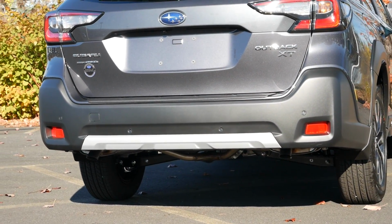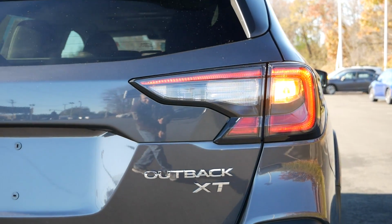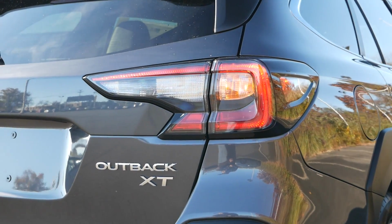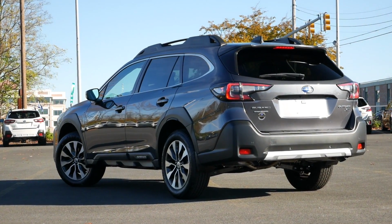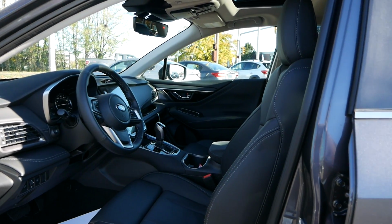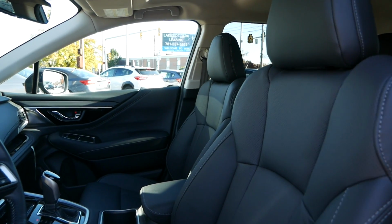But that detail is so insignificant that it shouldn't be noteworthy. LED taillights will give this crossover a modern look. And as we've seen throughout the years, the exhaust outlets are tucked beneath the bumper to keep the rear fascia design clean and minimalistic. Stepping inside, the Limited XT will come equipped with power adjustable and heated leather trimmed seats